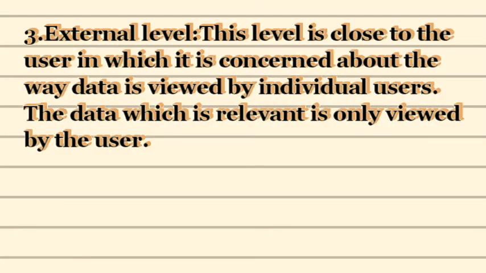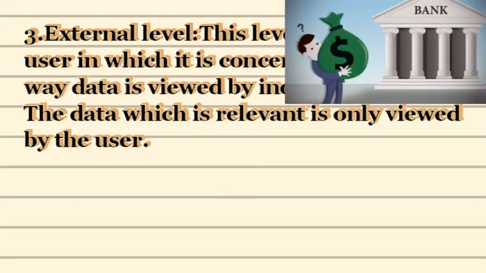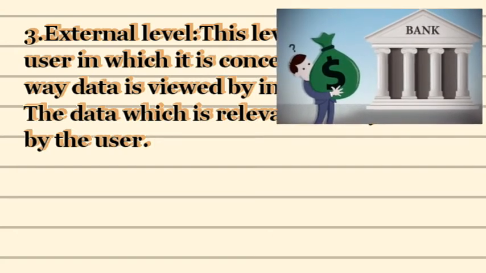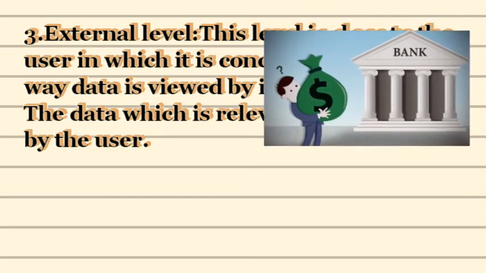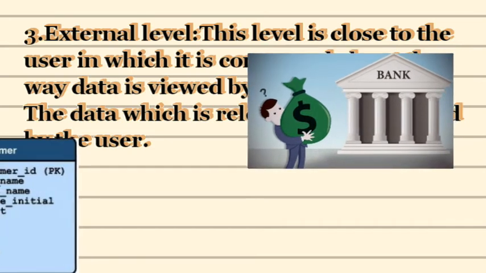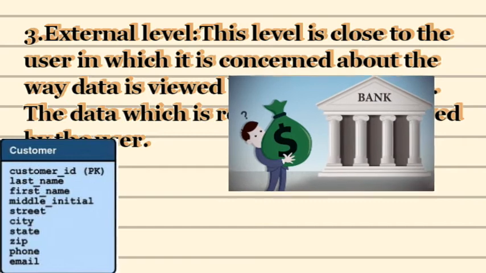The third important level in the implementation of a database is the external level. The external level is sometimes also called the view level. A view, as we know, is what the user is going to use. That is called the external level, where every individual user views the database, and according to their relevant information, whatever they want, they are going to view the data.